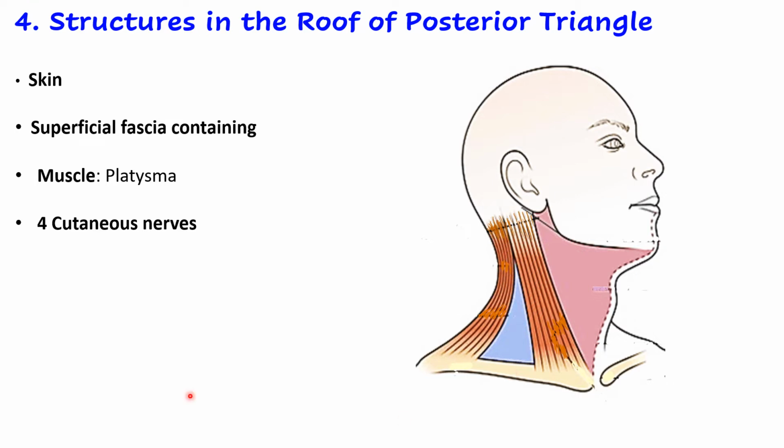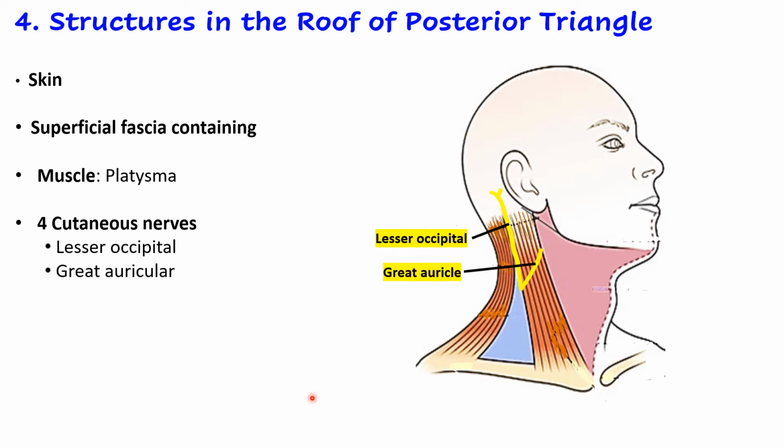So let us look at the nerves. As I said, first is towards the occipital region. So that is lesser occipital. Second is going towards the ear, right? This is great auricular. This crosses the sternocleidomastoid, which divides into anterior and posterior division, whereas lesser occipital is going to run along the posterior border of